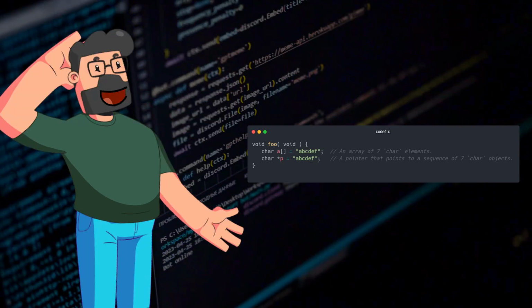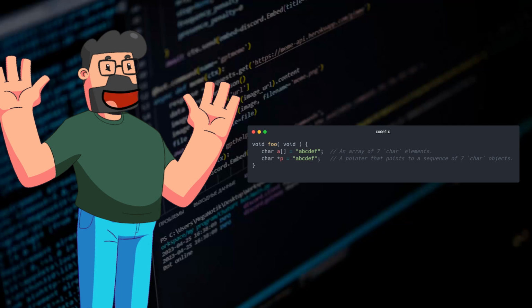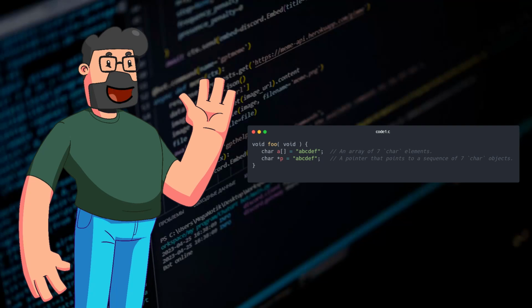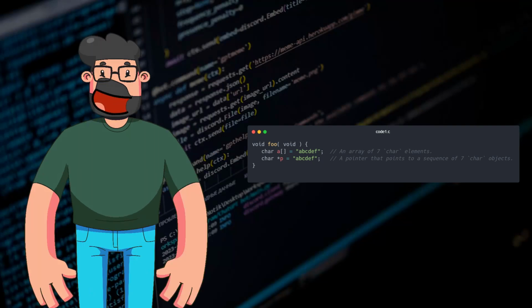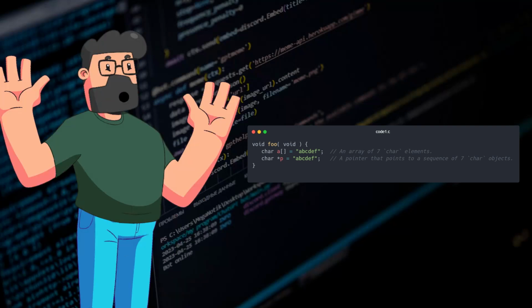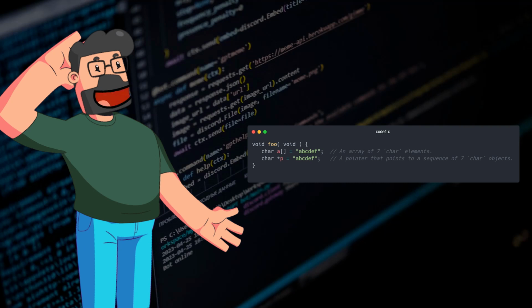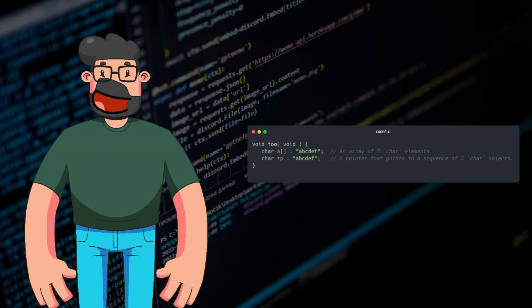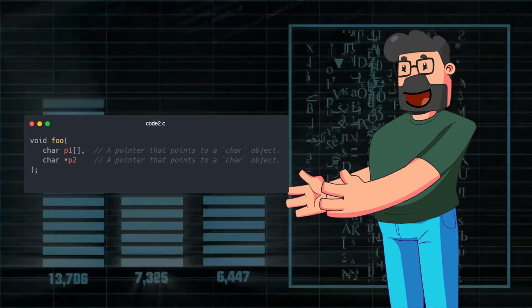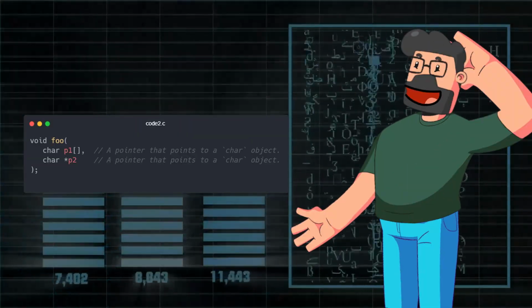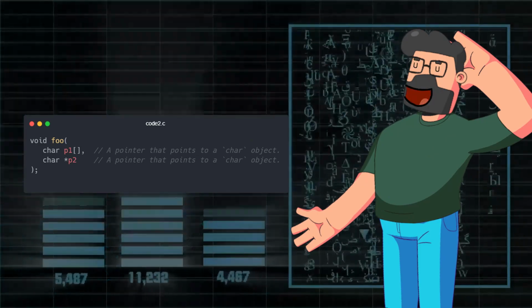In the code snippet shared, we see two scenarios where char a[] = "abcdef"; creates an array of 7 char elements, while char *p = "abcdef"; generates a pointer pointing to a sequence of 7 char objects. This showcases the distinction between arrays and pointers in C, emphasizing the importance of using explicit pointer notation for clarity and avoiding confusion. Continuing with the solution, we delve into the equivalence of char s[] and char *s in a